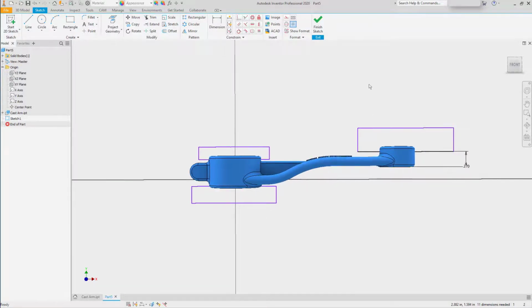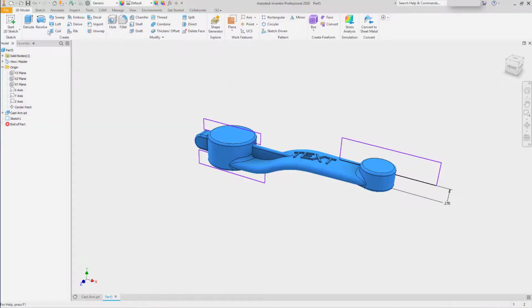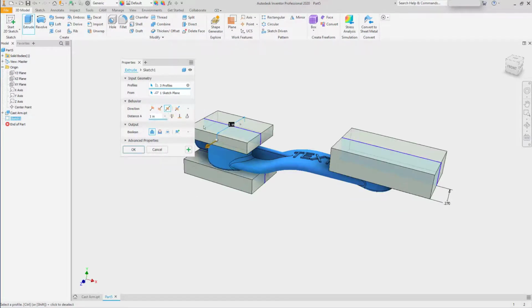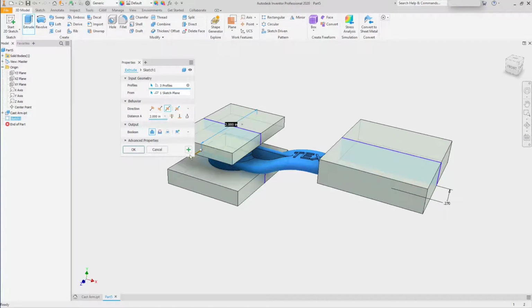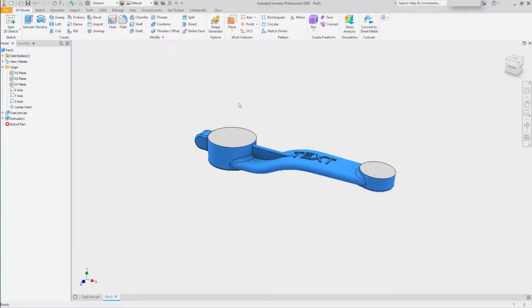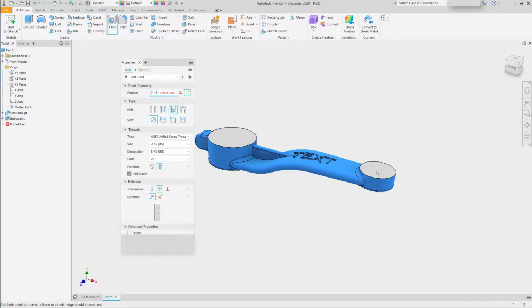But for a quick example, we'll take these profiles, finish our sketch, and use the Extrude tool to select the three profiles, do a symmetric feature that is cutting. This will replicate our machined features, maybe add a couple of holes,